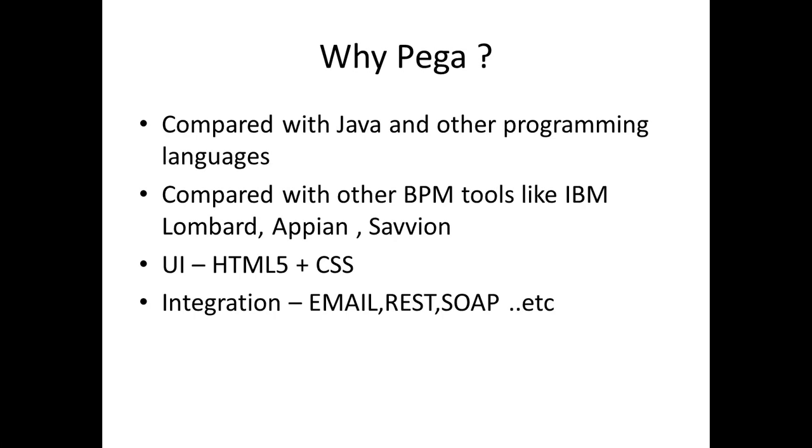So basically, you can say it is a configuration tool, and your skill as a Pega architect comes into the picture when you know where to configure and how to configure it. If you know UI and HTML, as in CSS, HTML5 and CSS, which Pega 7 is built on, you can make use of the code that is present, reuse it, and if there are some issues, you can debug it and all that.